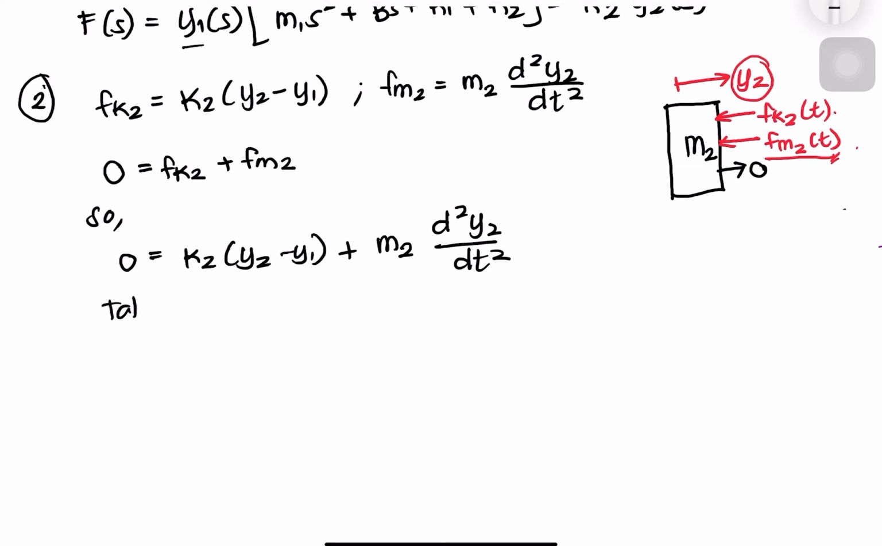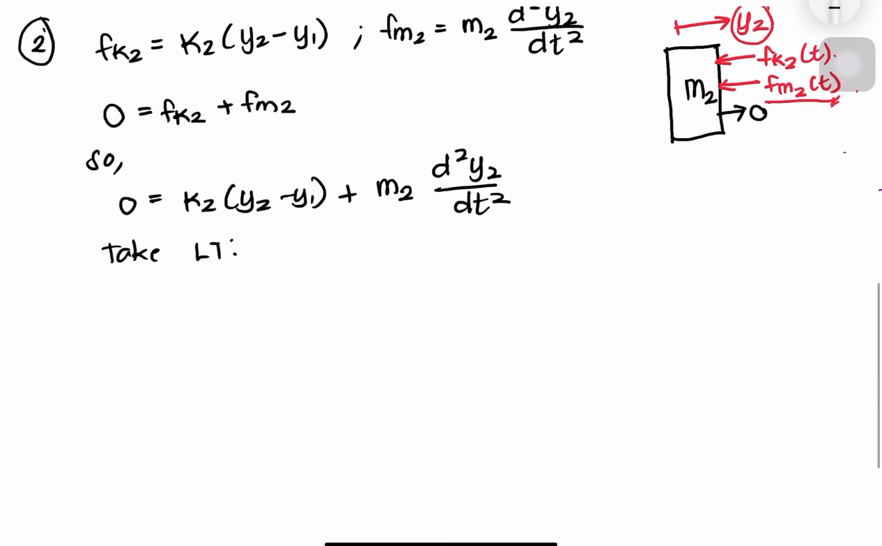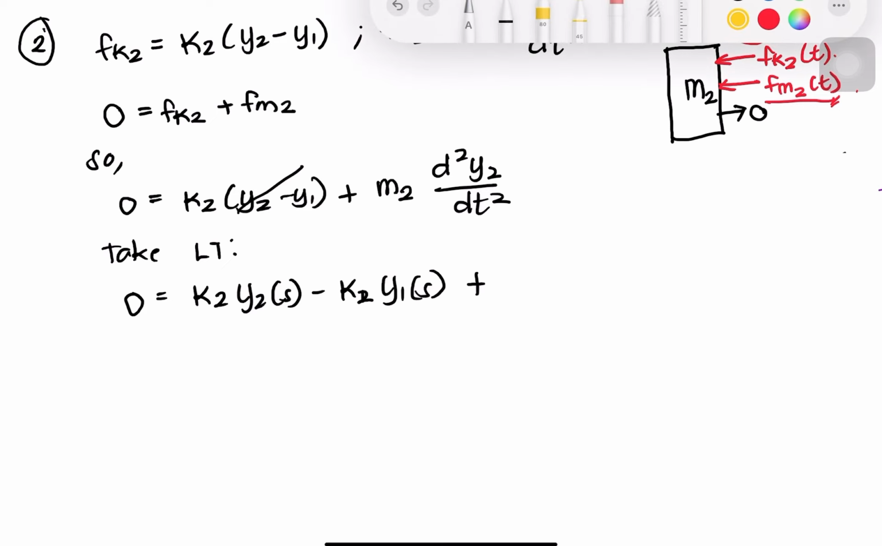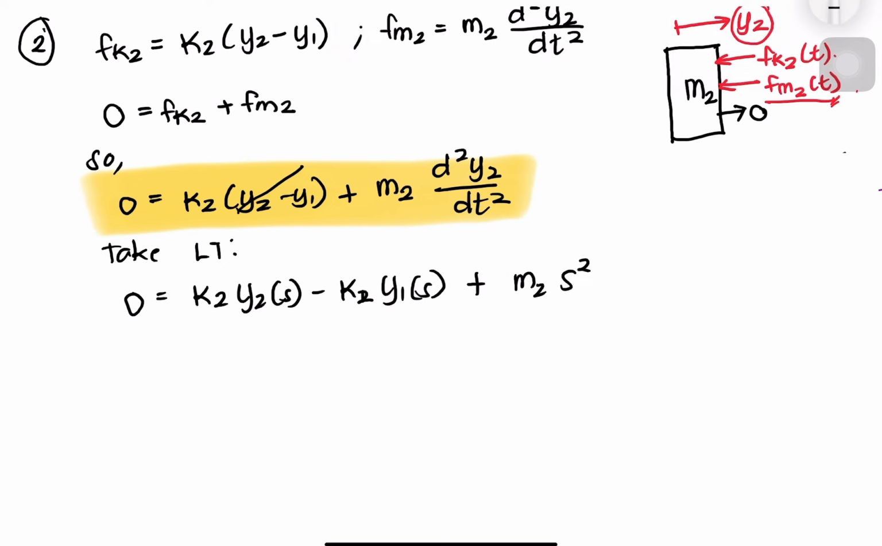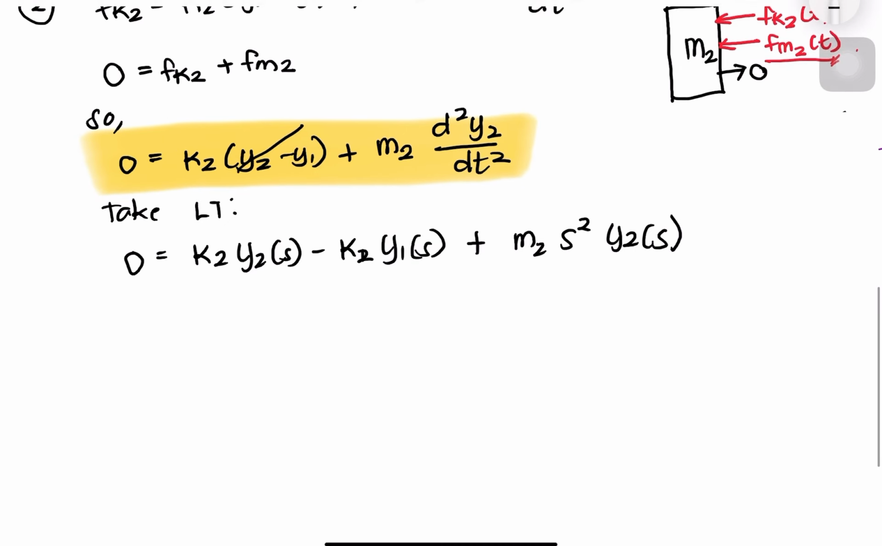So, if we take the Laplace transform on both sides, so yung 0 will be 0, yung K2 will be K2 Y2 of S, I'll distribute it na, minus K2 Y1 of S, plus yung sa M2 naman. So, this is, by the way, the second equation, second ODE. So, yung M2 will be M2 S squared Y2 of S. So, this is the Laplace transform, and we can further simplify it as